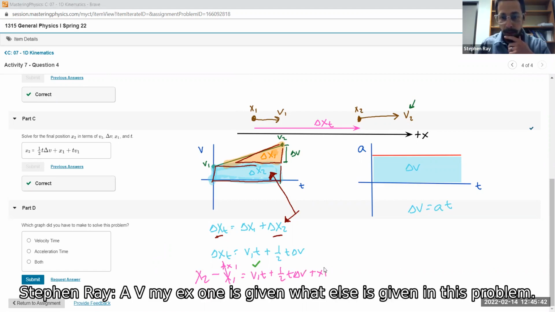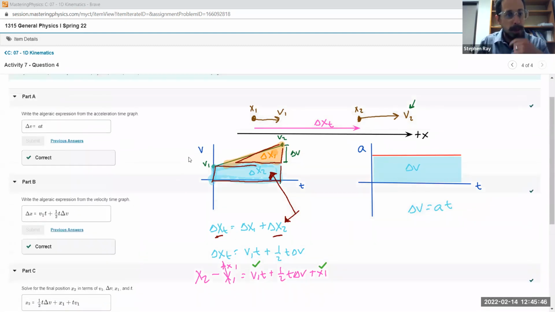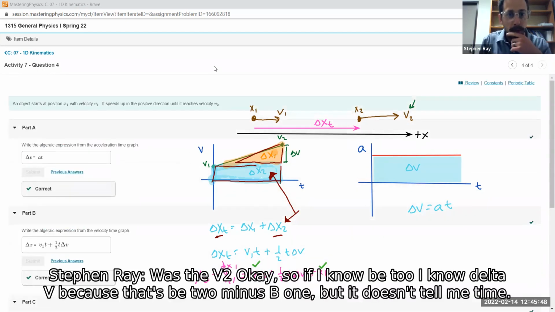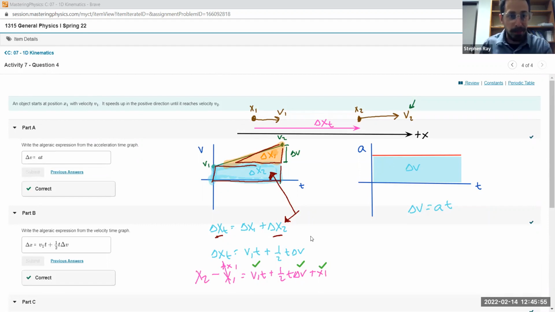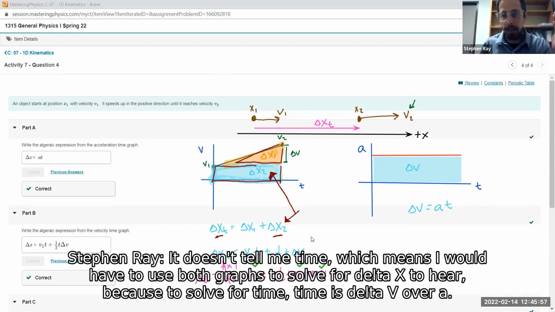My x1 is given. What else is given in this problem? It goes to v2. If I know v2, I know delta v because that's v2 minus v1. But it doesn't tell me time, which means I would have to use both graphs to solve for delta x2,